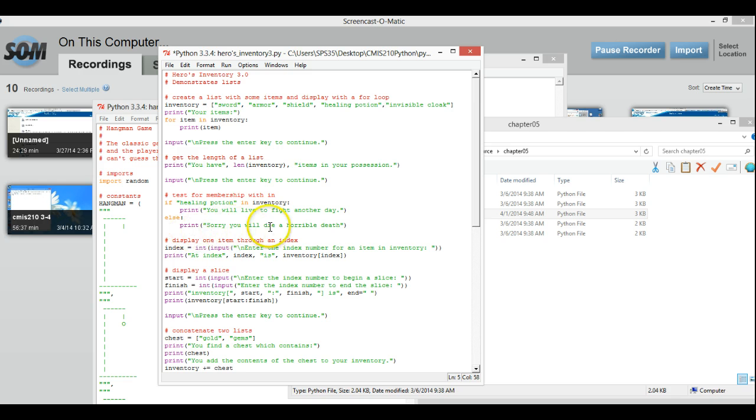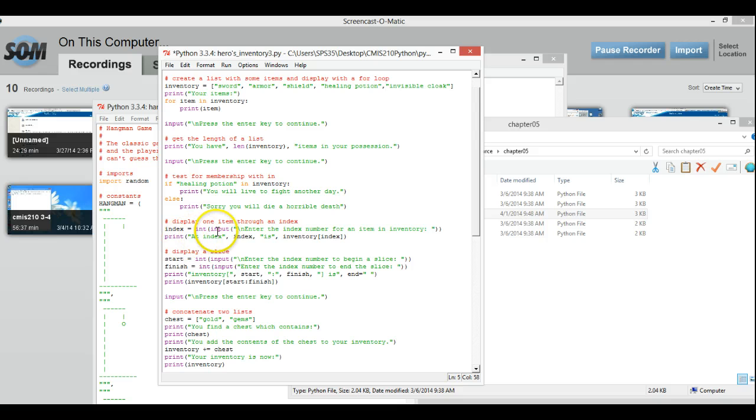We tested to see if you're going to live or die. Well, now we want to start doing something a little interesting with that. We know how many items are in our inventory. So we can look at it and we can index a list. In other words, we know which each piece is. So we're going to use the index, and so we assign it